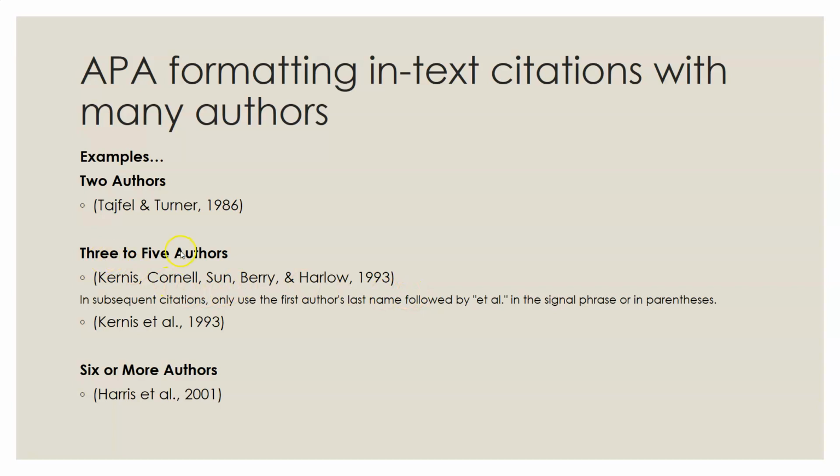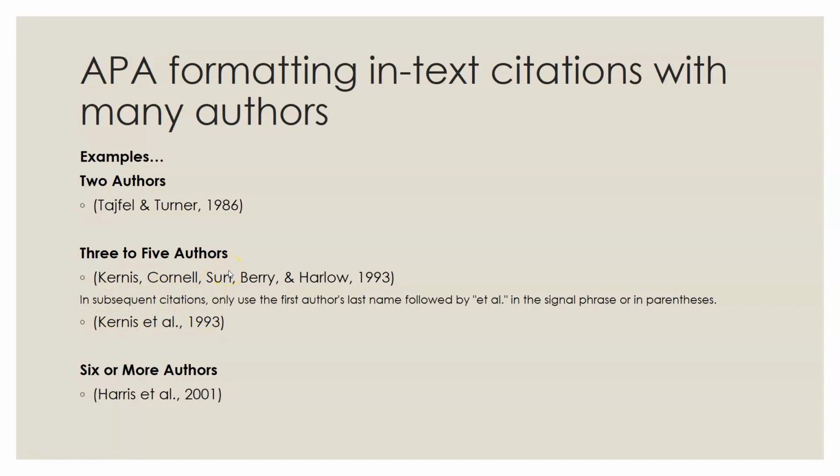However, if you have 3 to 5 authors in subsequent citations, so the next time you refer to that same paper within that same piece of work, instead of saying all of their names, you would say the name of the first author, followed by et al, meaning "and all the rest", followed by a full stop and a comma, and the date. This indicates that although you're only mentioning one name, there are multiple people who have contributed